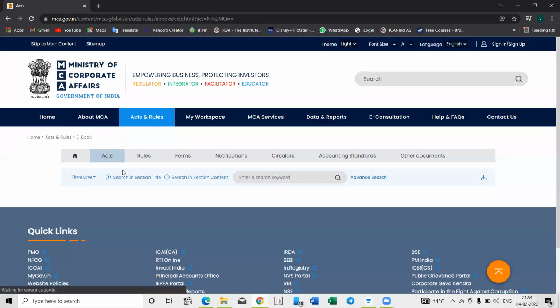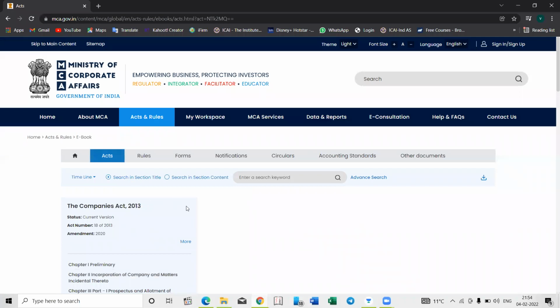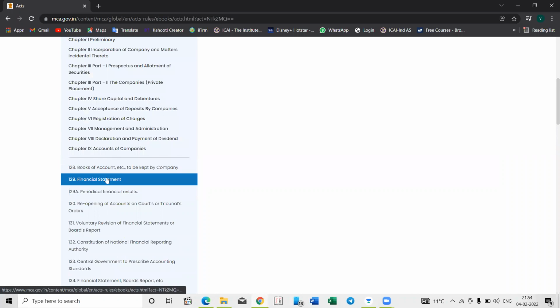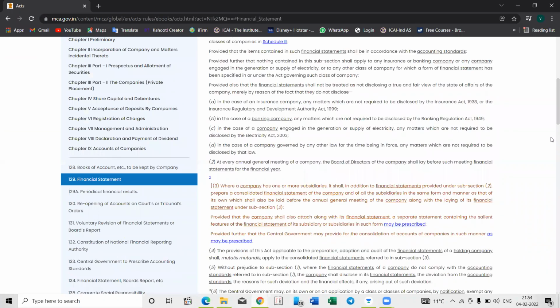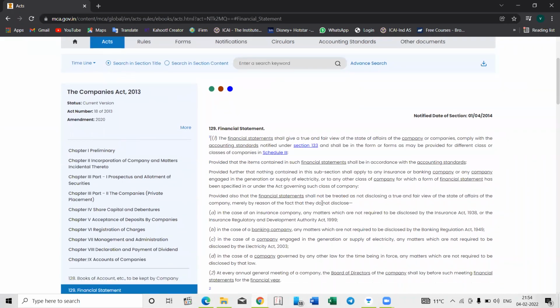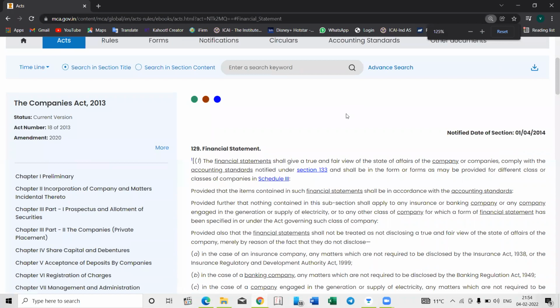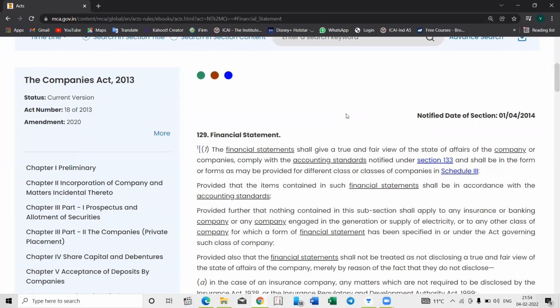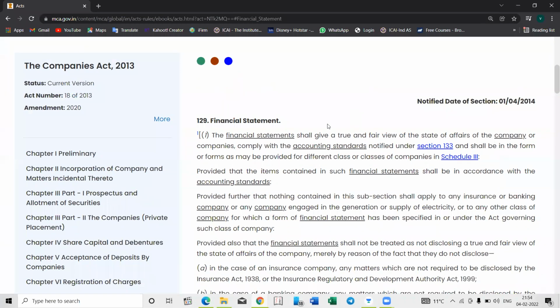Companies Act. Accounts of companies, chapter 9, section 129. Okay, here it is. Financial statement. Let me zoom in somewhat so that you can see clearly. Now it is visible. Visible. Okay. हाँ तो देखो क्या था इसमें.